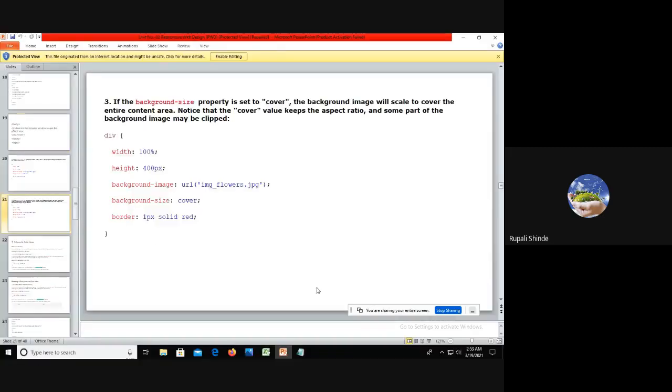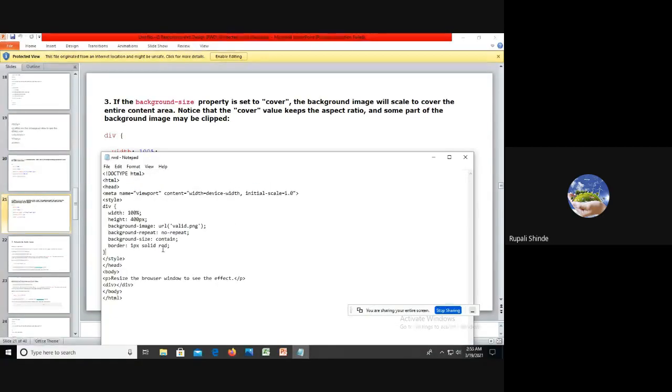So instead of background size content, we have to write 100%, 100% here. That means it will occupy the complete block.